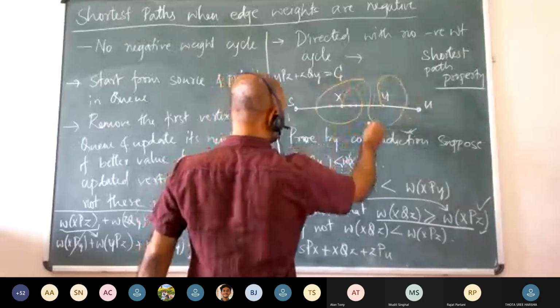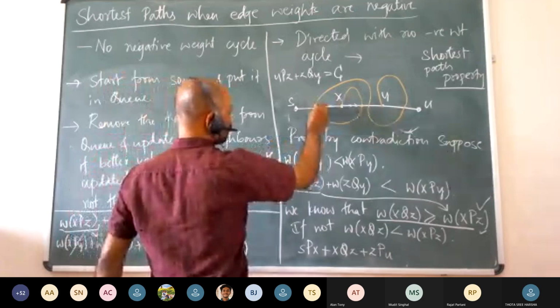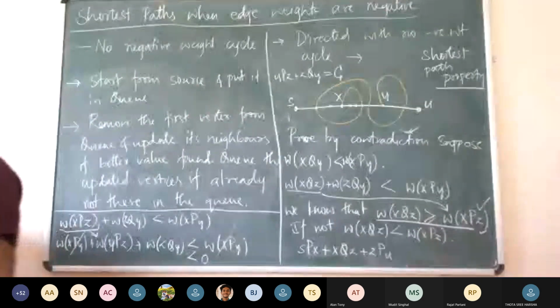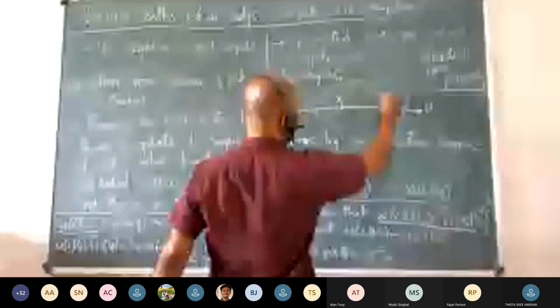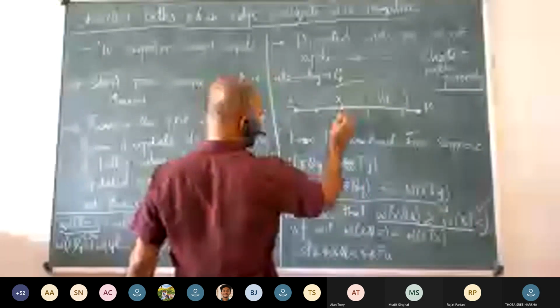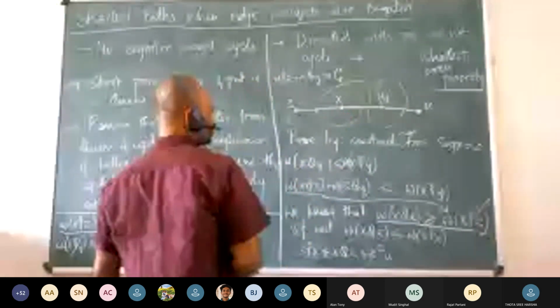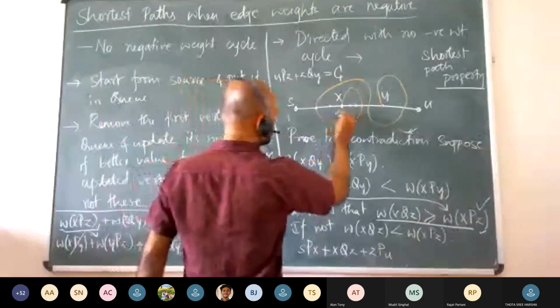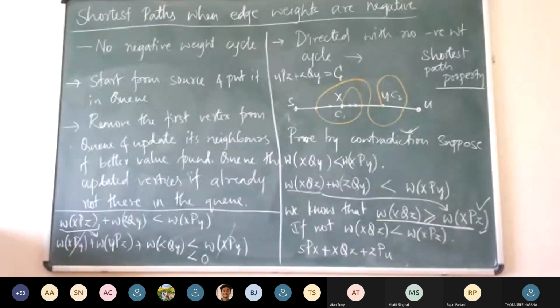Now you need to take, maybe you can start from here and go till here and then argue about that, and using this, you will again be able to get something like this. Instead of starting from X, you can start from here. Either you will be able to argue that this will be a negative cycle, or that this will be a negative cycle. There are these backward cycles here. So this is cycle C1, this is cycle C2. One of these two cycles has to be negative. Okay, that is how we can argue.